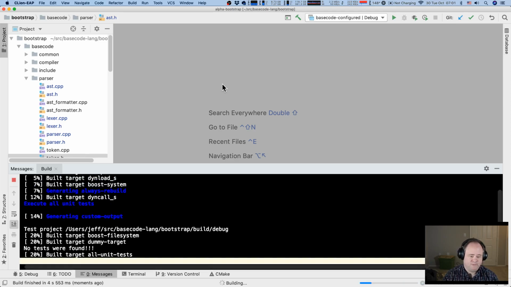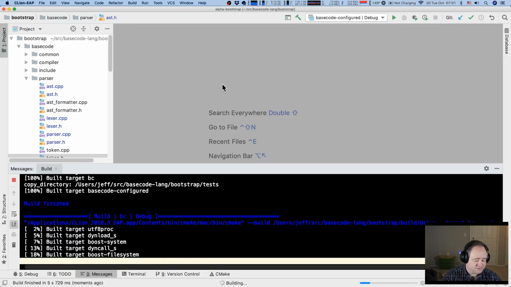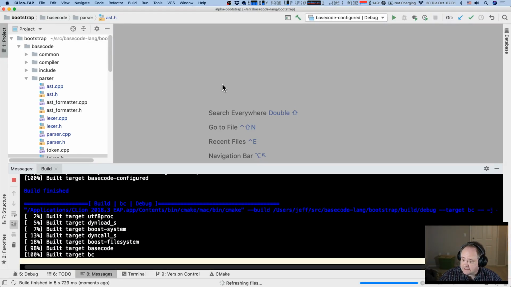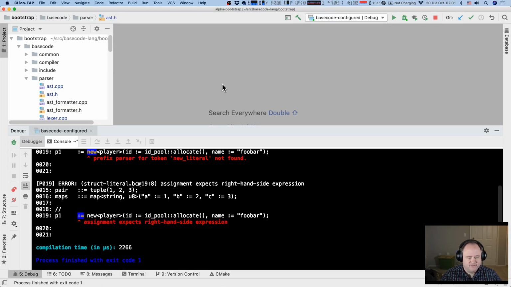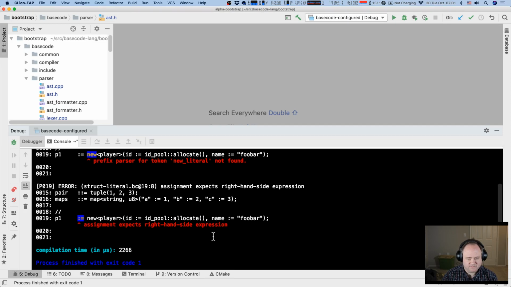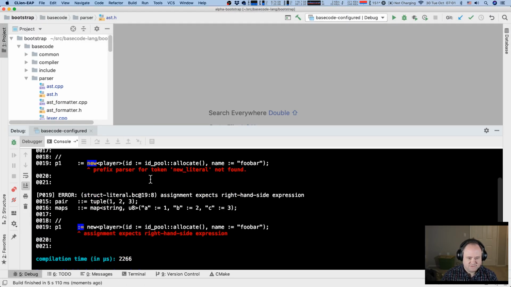I try to optimize my headers and do as much forward declaration as I can so it doesn't rebuild the world every time, but I'm working on a lot of parts that are fundamental. Okay, so now it recognizes the token, it just doesn't have it in the parser or in the translator yet, so that'll be next.